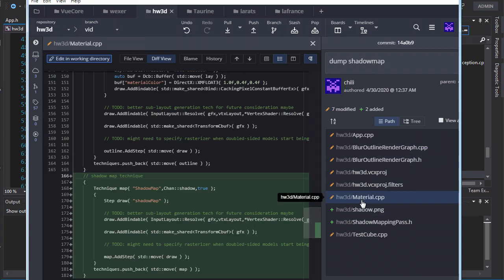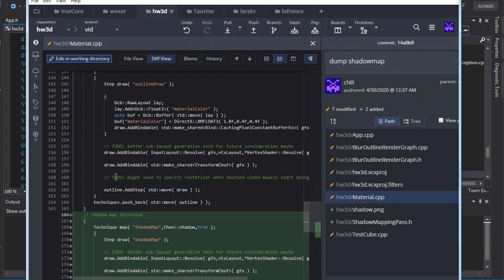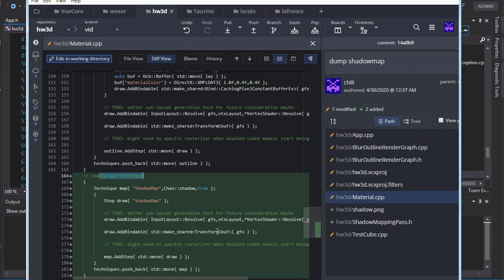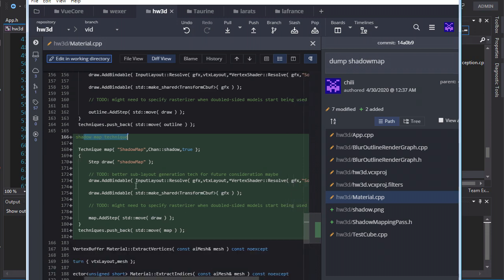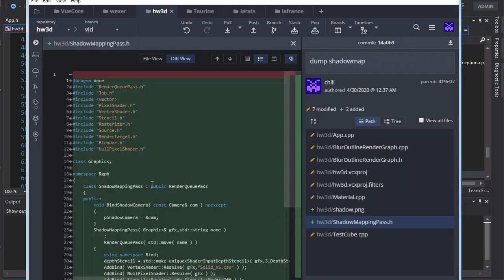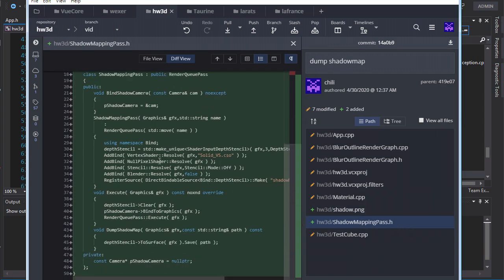In material.cpp, for our material, we're adding another technique, the shadow map technique. And this one's different than the other ones in that it doesn't need a pixel shader. It just needs the input layout for the thing that is being drawn and the transform cbuff to handle the transformations. You might say, well, where's the vertex shader? Well, everything is going to have the same vertex shader. That won't change for shadow mapping. And so we pull that up into the actual pass itself. So the pass contains the vertex shader, which is just a solid vertex shader,